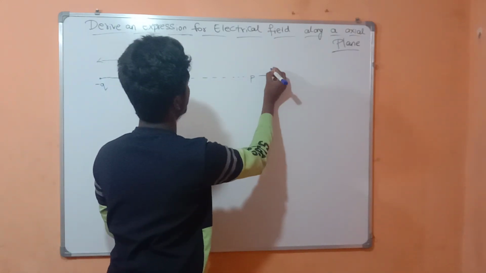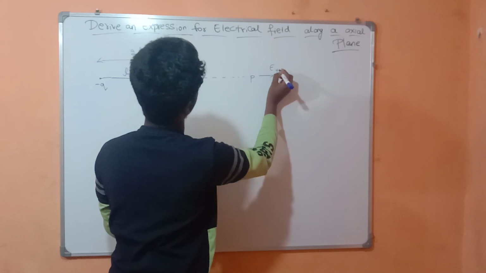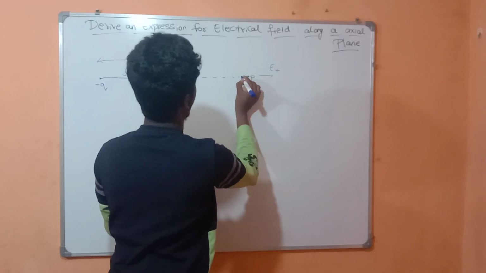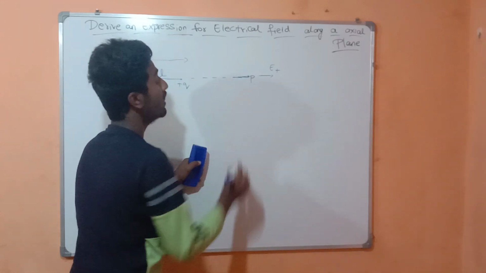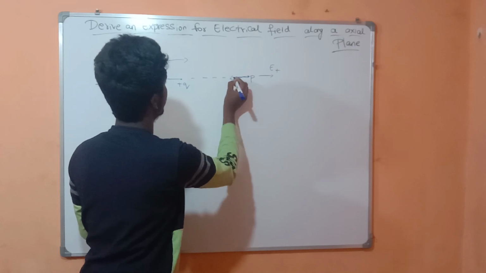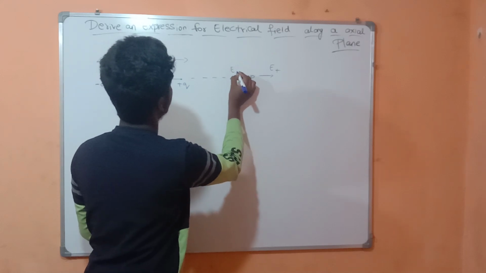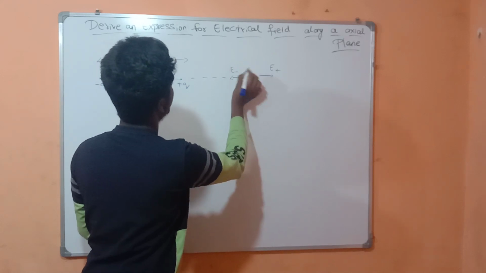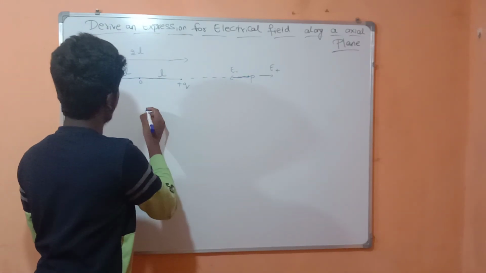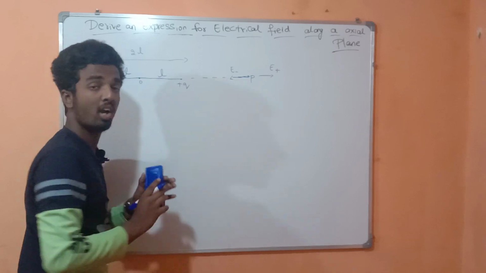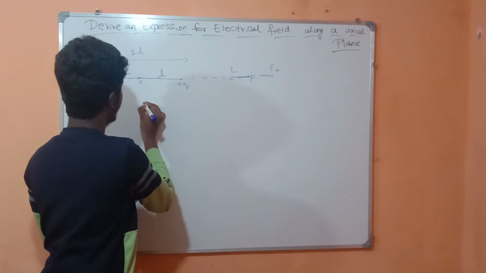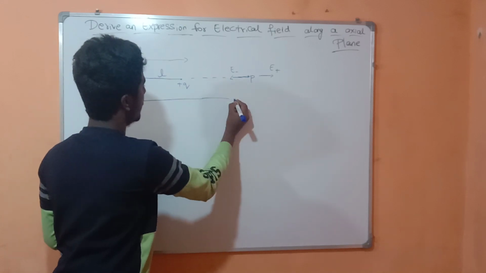It will be E plus at the point P, children. The negative charge's field will also act in this direction. It will be the electric field of the negative charge, children. Then the distance between the midpoint of the dipole and the point P will be R, dear